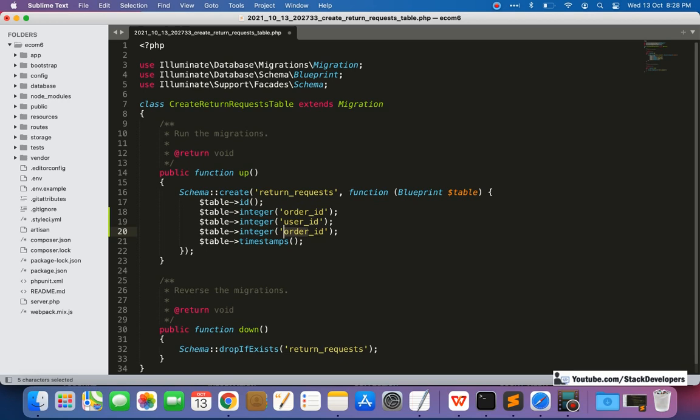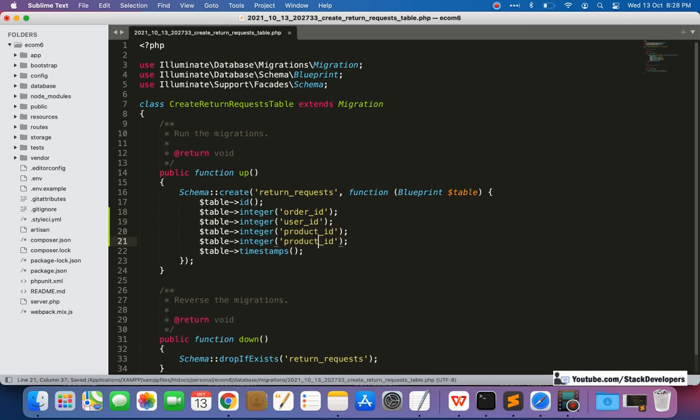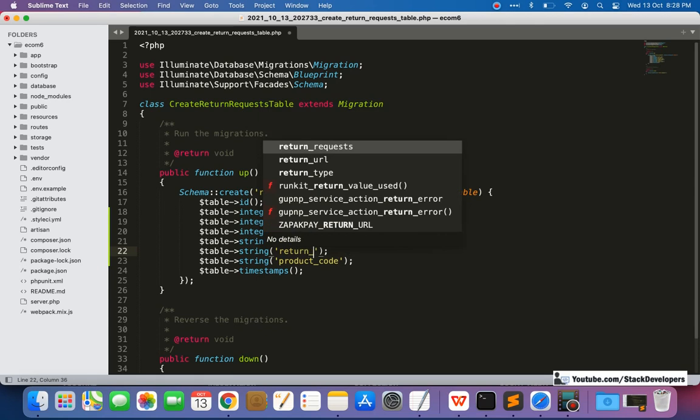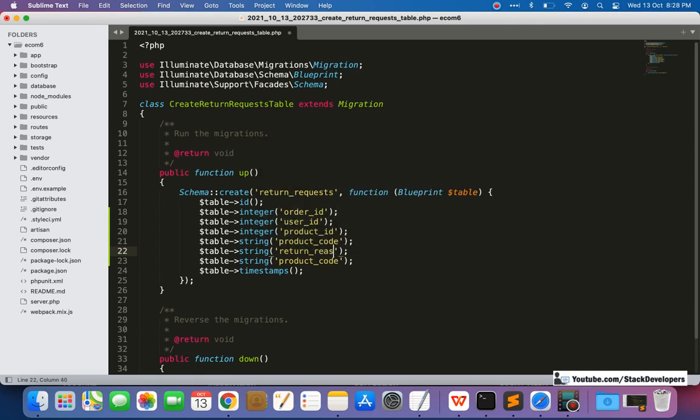And product ID. The user is going to select the product ID, but it can be similar, so we are going to pass the product code as well, the SKU of the product. So here we are going to take the string. Then return reason. We will ask the user to select the return reason, why the user wants to return.